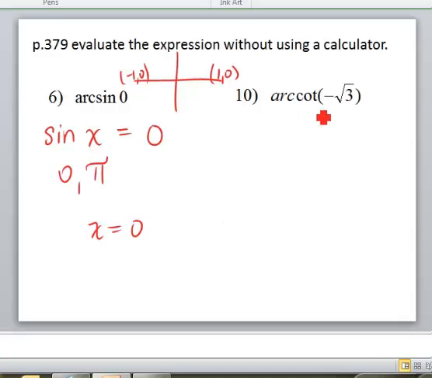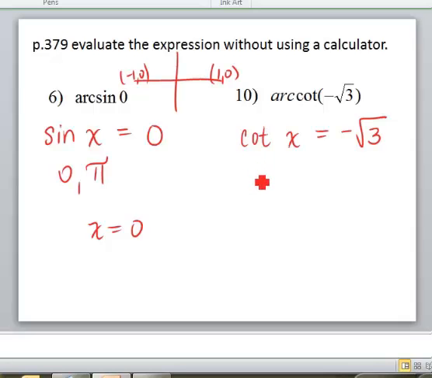Arc cotangent of negative square root of 3. What it's really saying is, where is the cotangent of x equal to negative square root of 3? So I have to think a little bit on this one. First, I know that